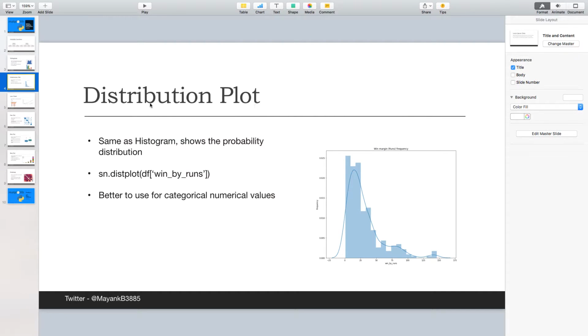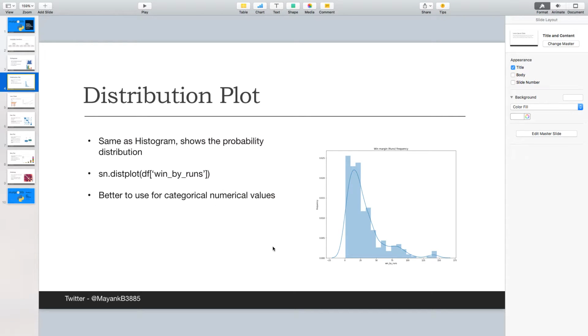Then you also have the distribution plot. A distribution plot is the same thing as a histogram, but the only difference is that it also shows you a probability distribution. It gives you this extra curve along with it, and the area under this curve will always be 1, so the total probability will always be 1.